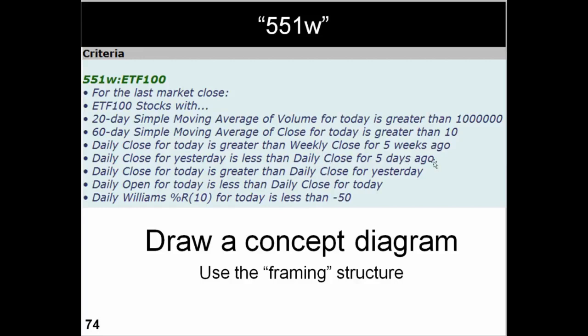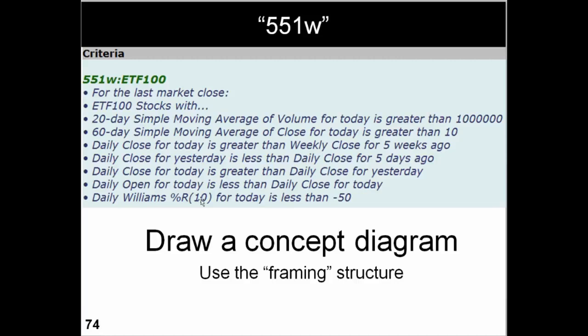And then today's close is less than the daily close of 5 days ago. And you'll notice this is a more relaxed criteria than the 5DD, which demands 5 lower closes in a row. This one simply has to be down compared to where it closed 5 days ago. And the intermediate prices are not as important or important at all. And then we said today's close had to be better than the close yesterday, so it was an up day. And we want today's open to be less than today's close, so it's a white candle. So it's a white candle that closed higher than yesterday's close, and that's going to be how we define our